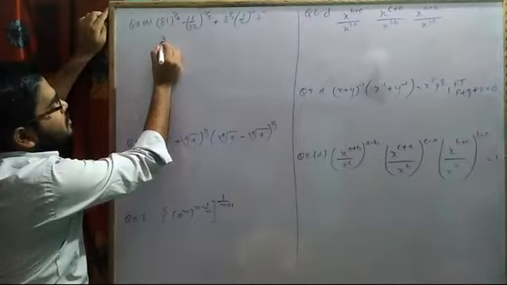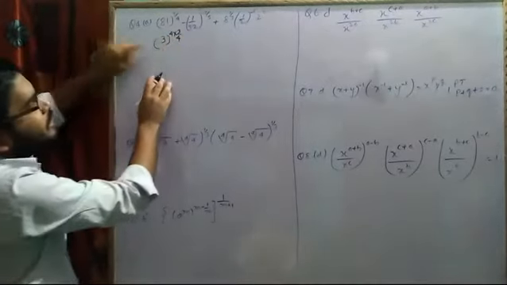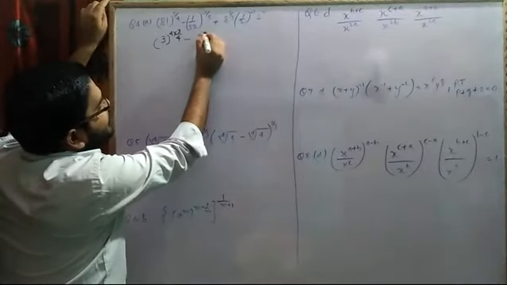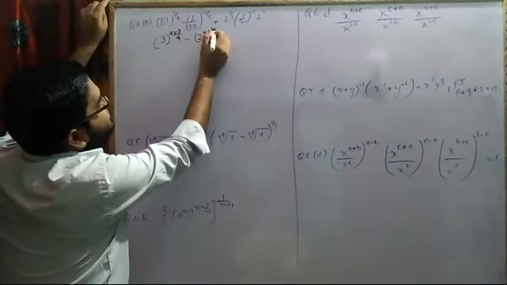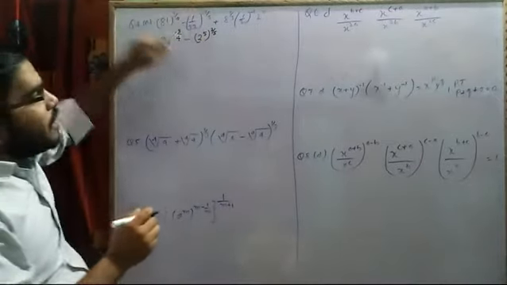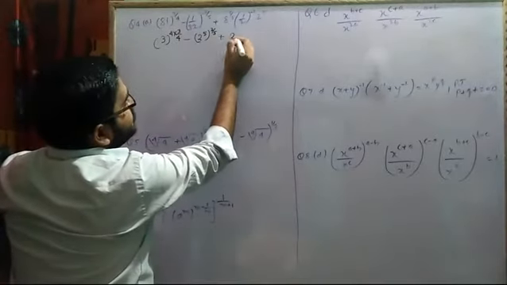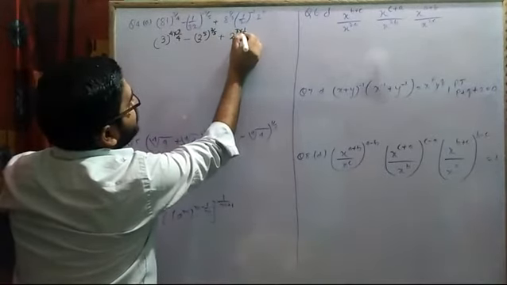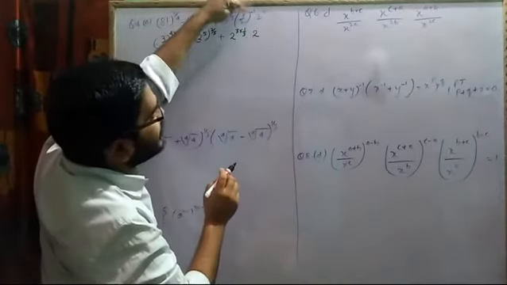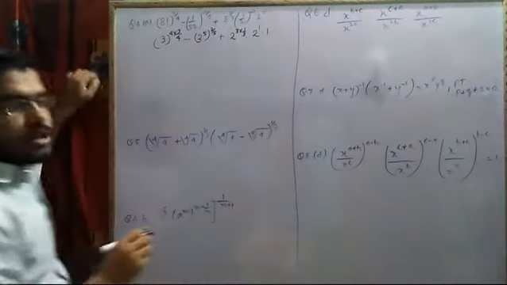You can write this as 3 raised to the power 4, multiplied with 3 by 4. 81 can be written as 3 raised to the power 4. 32 can be written as 2 raised to the power 5, and it will be 2 by 5. Why? 32, when it goes up the power, will become positive, and 32 can be replaced by 2 raised to the power 5. Plus this 8 can be written as 2 raised to the power 3, and then 1 by 3 is already there. Then 1 by 2 raised to the power minus 1 can be written as 2 raised to the power 1, and 2 raised to the power 0 can be written as 1. 2 raised to the power 0 is 1.